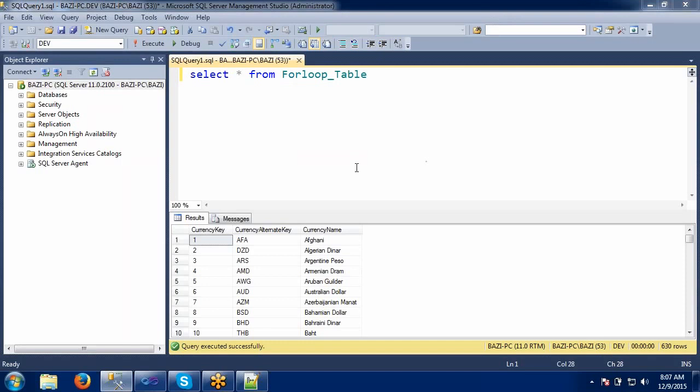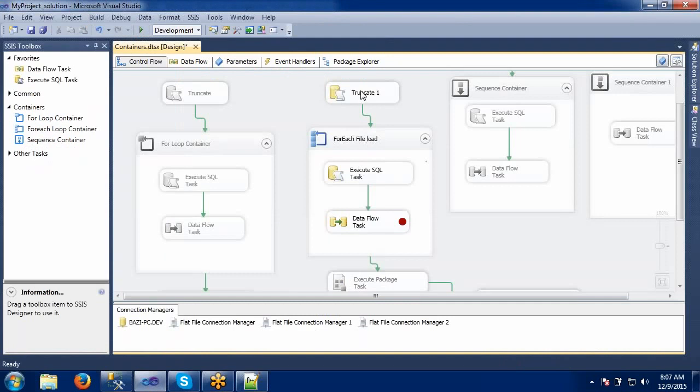Yes, we have some data here, some 630 records. So first it will truncate all the records. That's what our package design was, right? So we truncate, and again do a fresh load every time.